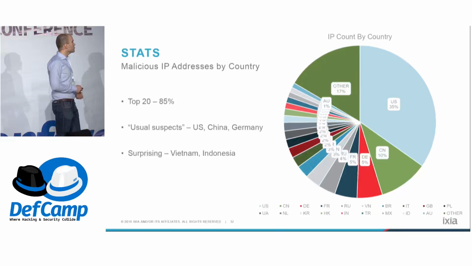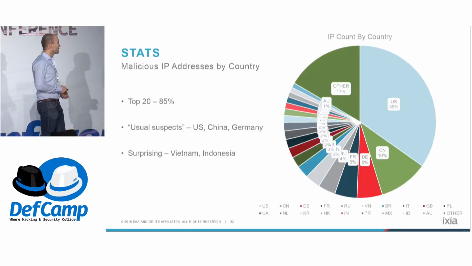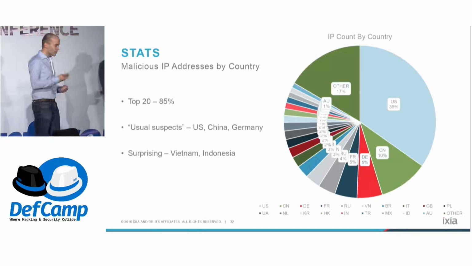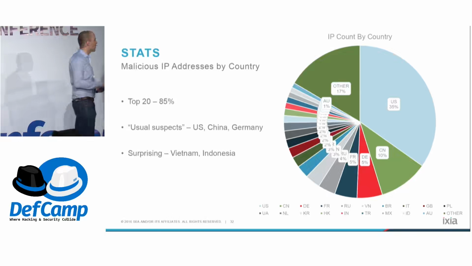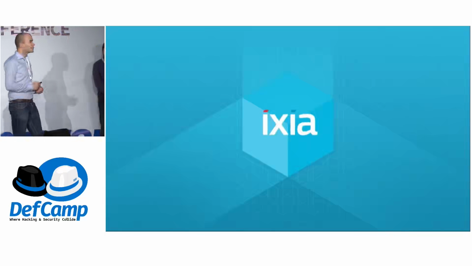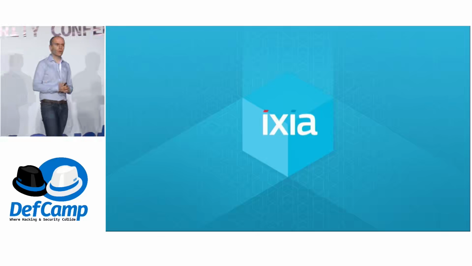But we also get some surprising results in the form of Vietnam and Indonesia, which have few IP ranges but quite a lot of them are malicious. Okay, so that was it. If you have any questions or comments for us,